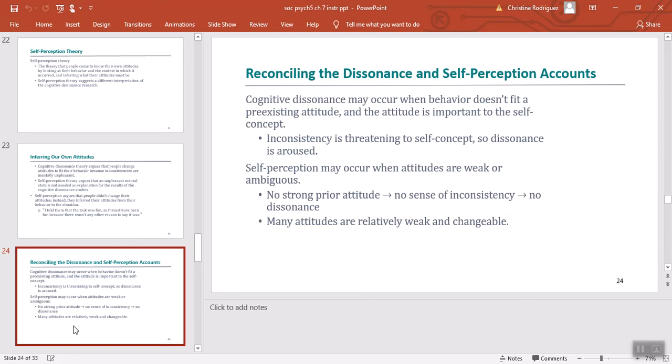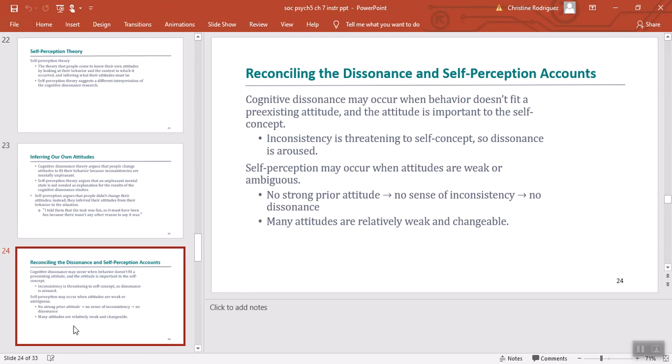Well, many researchers argue that cognitive dissonance is much more likely to occur when behavior doesn't fit a pre-existing attitude, and that attitude is important to our self-concept. So here's an example of that. Let's say there's somebody who is a practicing Catholic who believes very strongly in the teachings of the Catholic Church. And one of the teachings is that premarital sex is wrong and you shouldn't do it. Well, what if this person has a long-term relationship, and eventually does have premarital sex with the partner? Because that attitude is so deeply held, cognitive dissonance is very likely to occur,